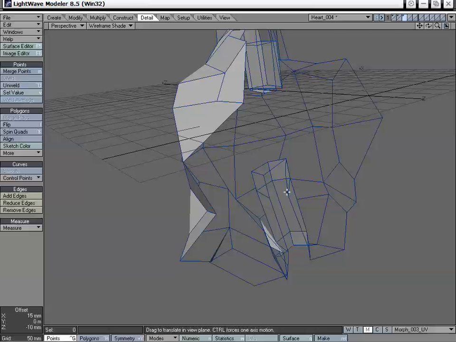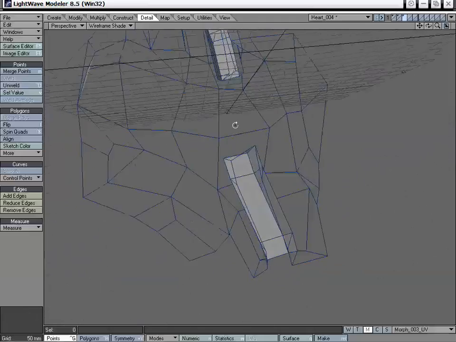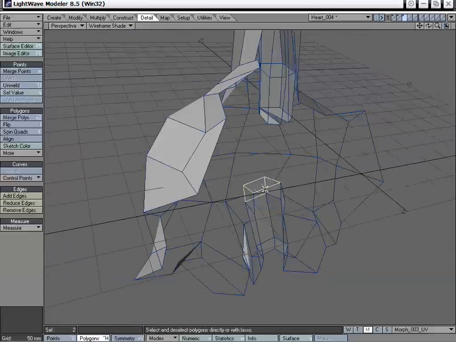And we will also need to split this, because there's one polygon we did not do. And that is this bottom one. It needs to be disconnected on two sides. So we'll grab that polygon and see which points, if there's any unwelded. And it doesn't look like there is. So we'll go ahead and grab those points and unweld it. And now we can grab that polygon